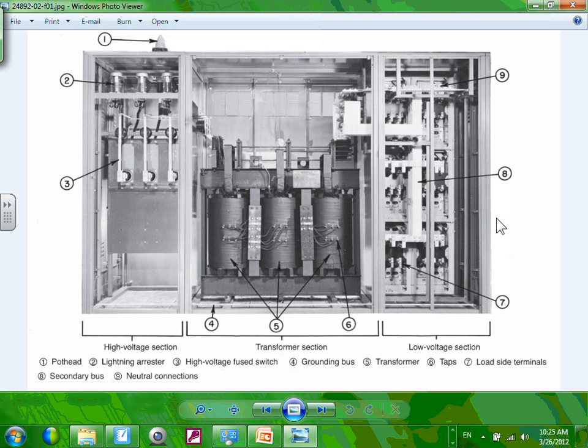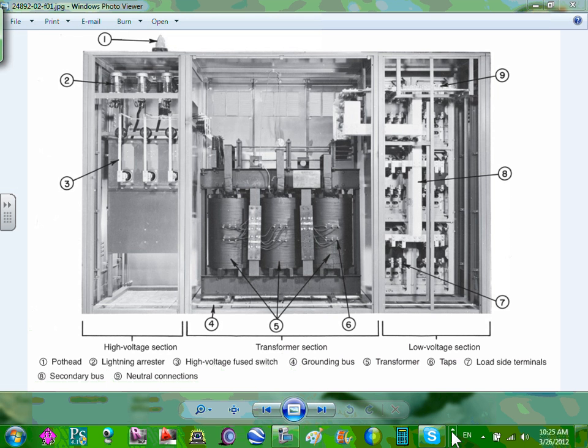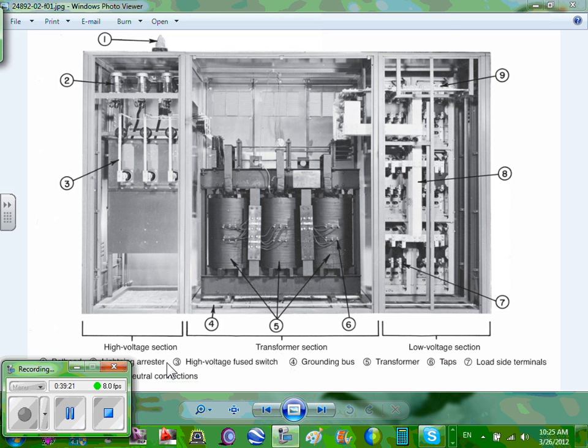Okay, let me see what we can do here. But unit substations are generally